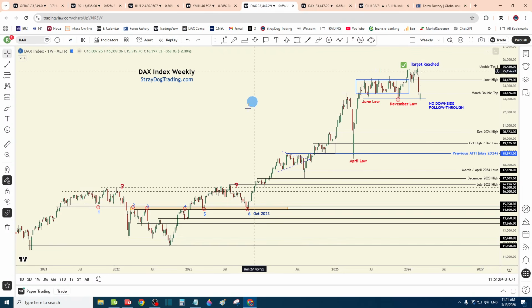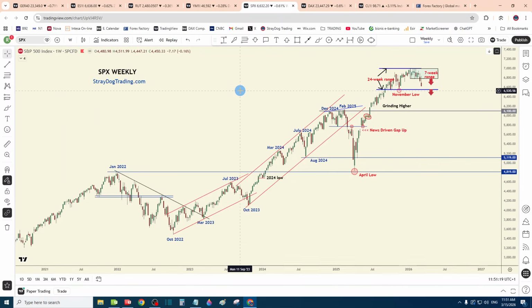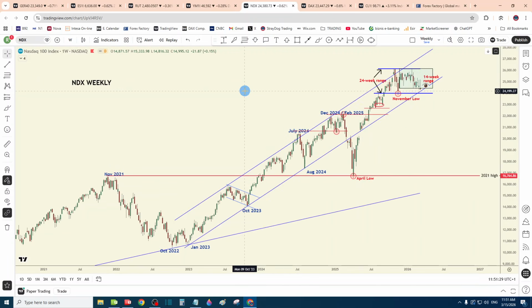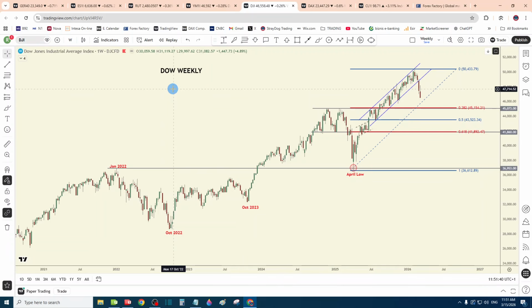Now, if we observe other markets also on the weekly chart, you can see that the DAX found support around the November low. You can see where the June low was, the November low was a spring below that, then this one was a spring below the November low, while this is S&P weekly, which last week broke the 7-week range. And it is still above the November low. This is Nasdaq, also still above the November low, also still inside this big channel,